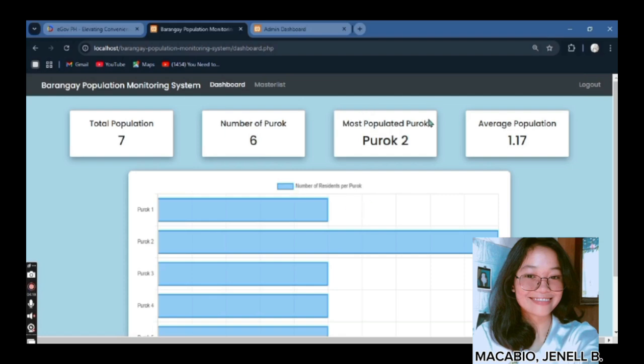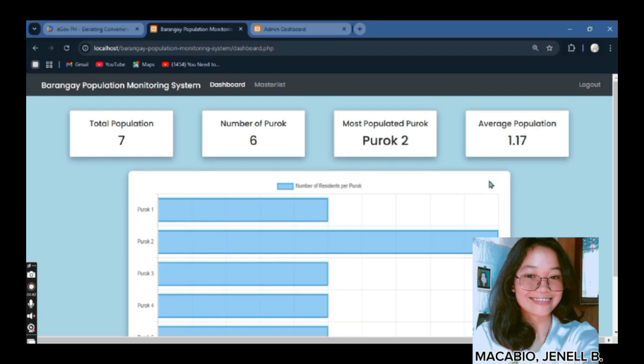It also identifies the most populated purok, showing which area has the highest number of residents. This is helpful for resource distribution and barangay planning. The system also calculates and displays the average population across all the puroks.